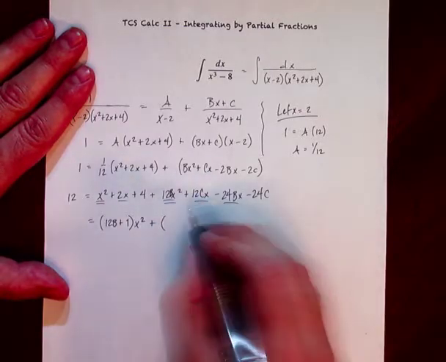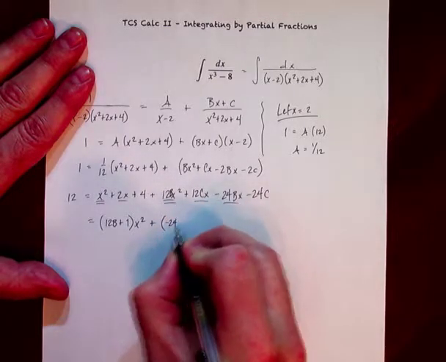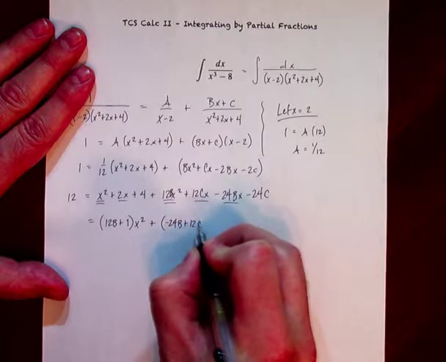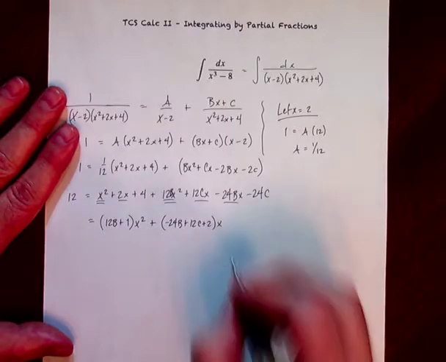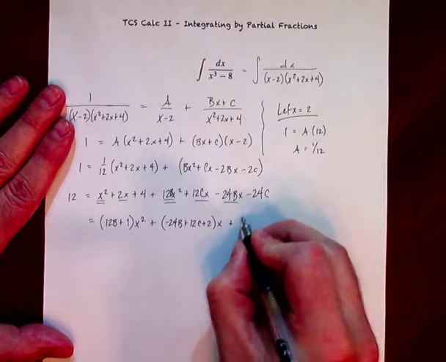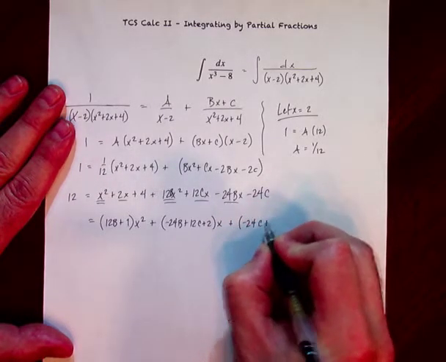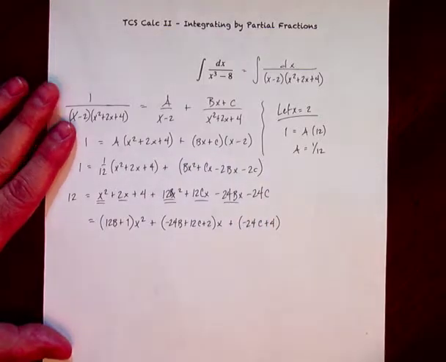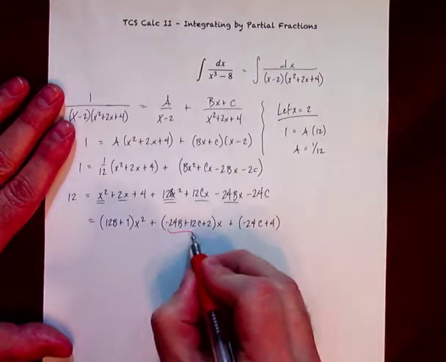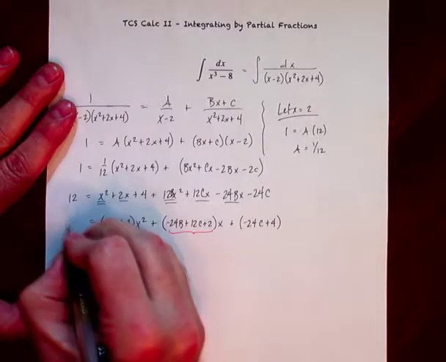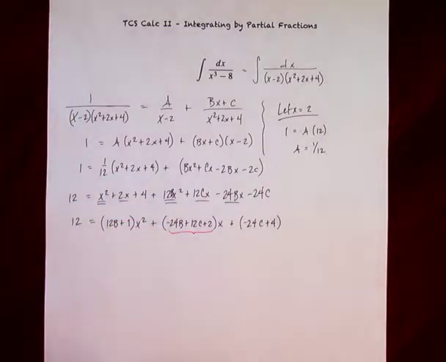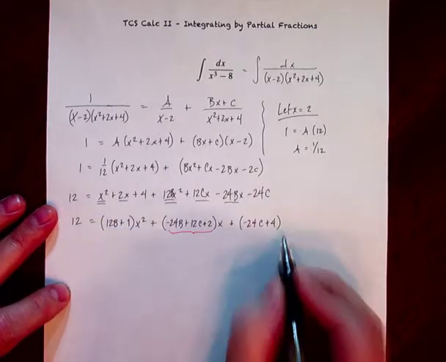For this, it's going to be negative 24b plus 12c plus 2x. That's not looking like a whole lot of fun. Plus negative 24c plus 4. Now, just like we've seen previously, this one right here has both variables in it. You can use that one if need be, but since this one and this one are both in terms